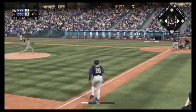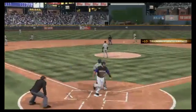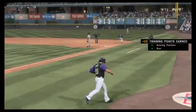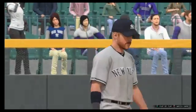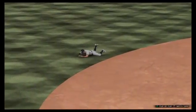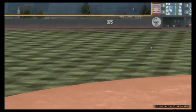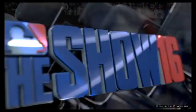Looking to keep this a 1-run game. Hit sharply on the ground to the left. Oh, what a dive. Safe. Oh, love the effort, though. A major league effort, but he couldn't finish the play, so the run comes in to score. I think you have to tip your cap to the effort you're seeing out there. Getting this ball before it gets through into left field, but about the only...